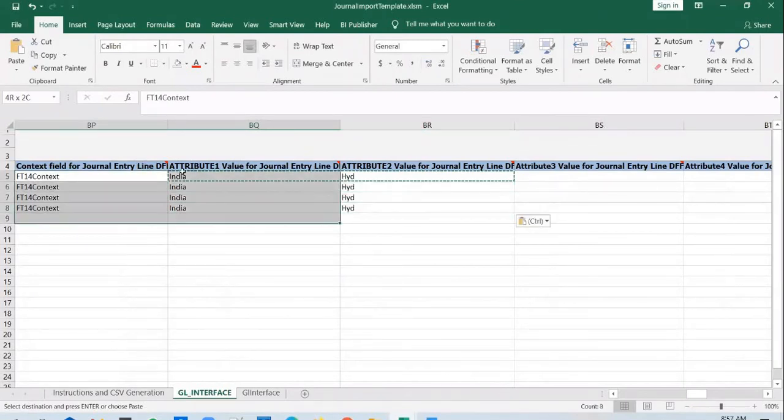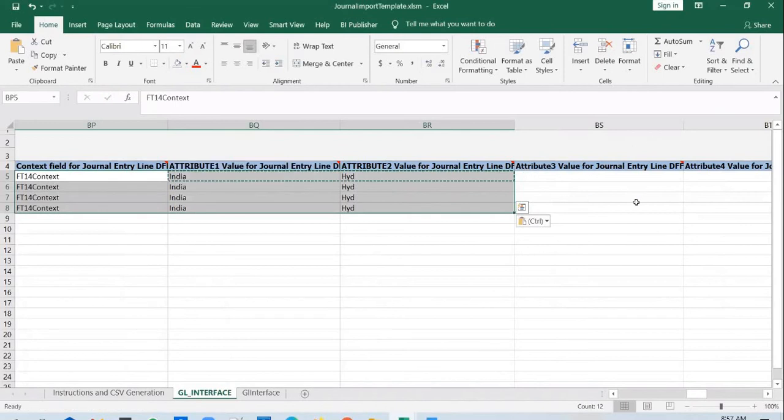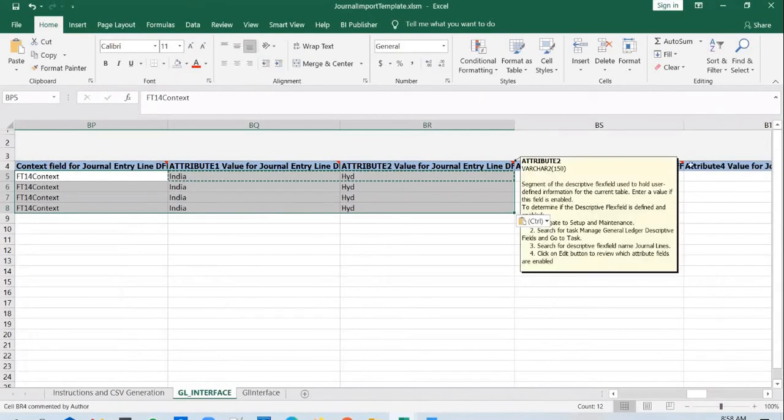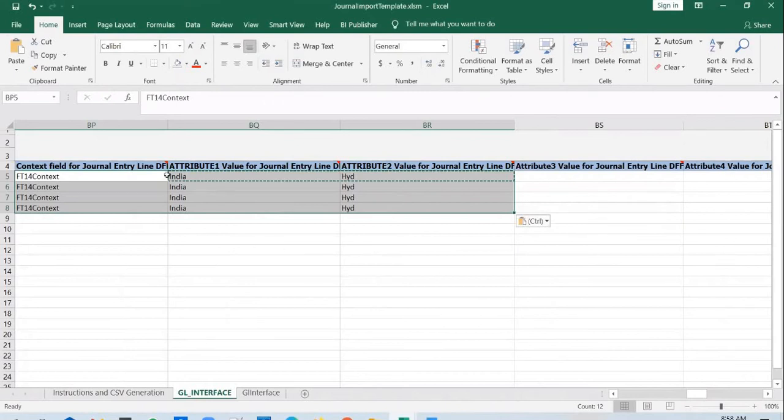So this is how you pass in the values. You have attribute values here, and depending on how many attributes you define, you pass in the values that you want to store into those attributes. Don't get confused with attribute 1 and 2 here, I have given my own name to the attribute. It doesn't matter. If you pass in the values here, it will go and sit in the custom attributes that you have defined. It works internally.